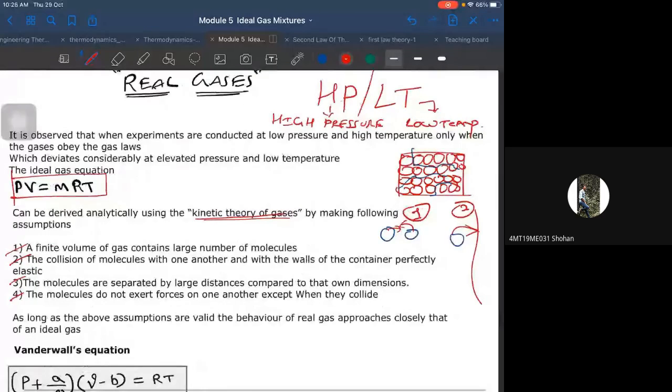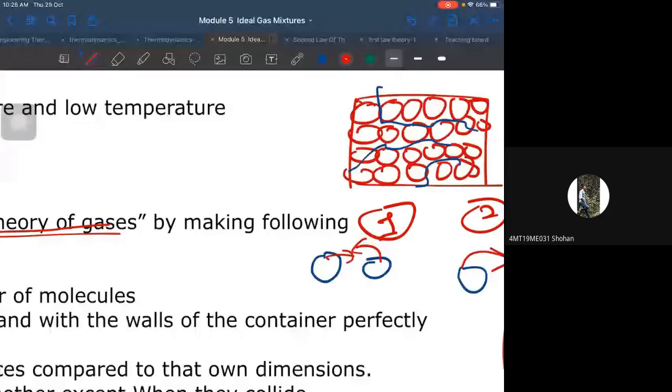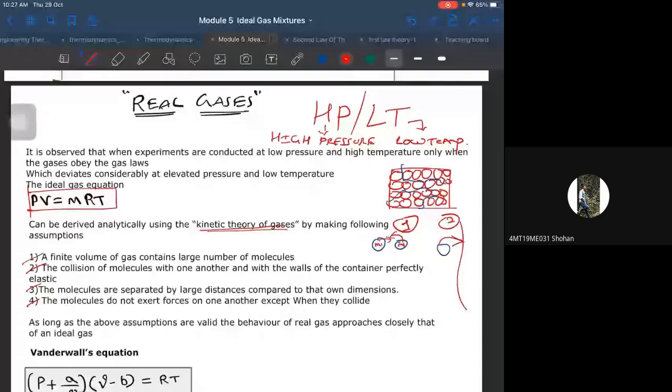It's simple, right? If there is a perfectly elastic collision, whatever momentum molecule one has, all of its momentum will be transferred to molecule two. The momentum before collision and the momentum after collision will be equal. When the momentum is equal, it is known as a perfectly elastic collision. So you have assumed that the collision between the molecules as well as the collision with the wall is perfectly elastic, which is not at all possible in nature. Number three,